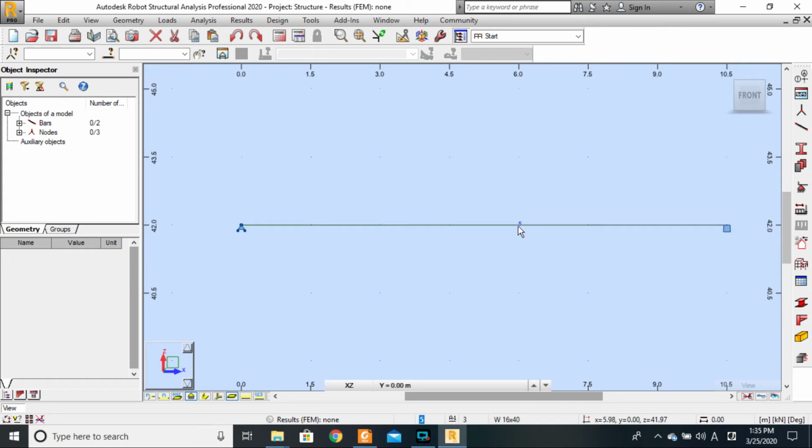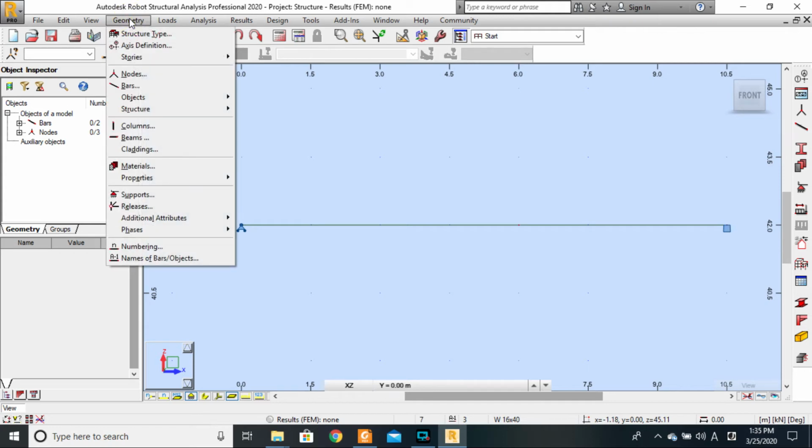So how do we model the pin support? To do that, we'll need to go to geometry, okay, and then come here to release. What we have to do is break the rigidity at that level and release a particular degree of freedom, which is the rotation. Okay, so when I click there,